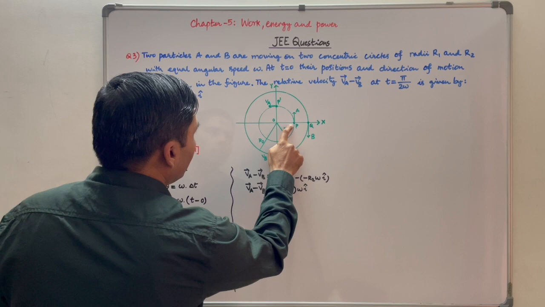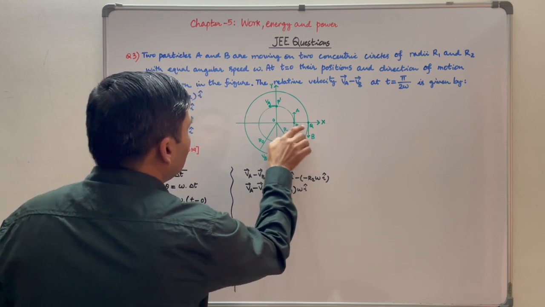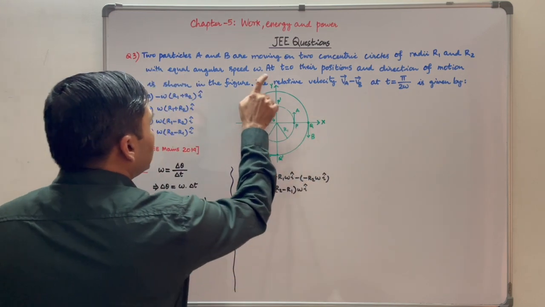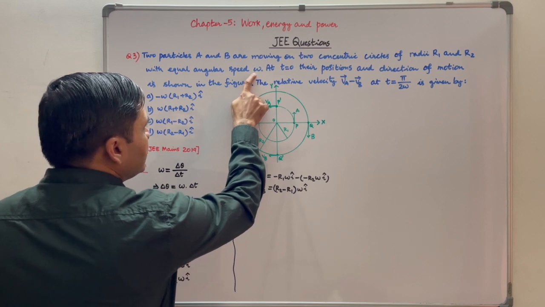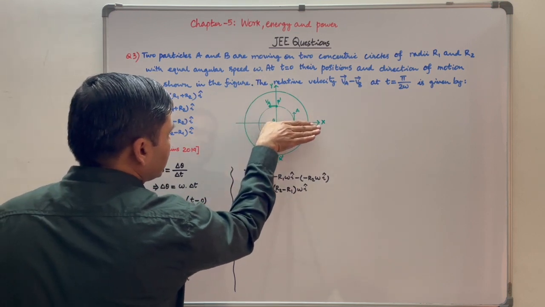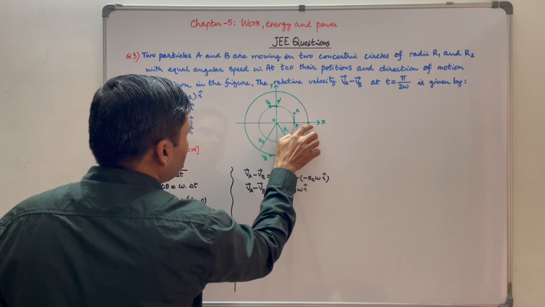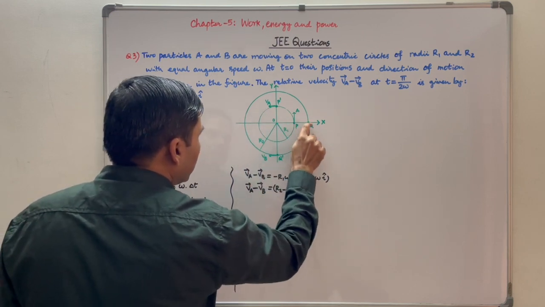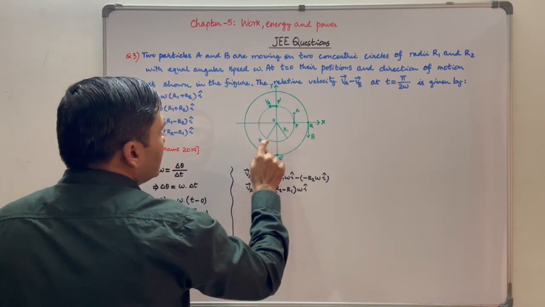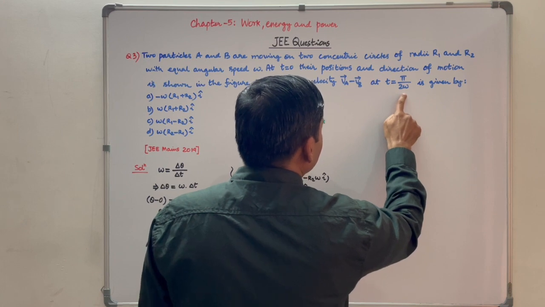At t equal to 0, the first particle is at P and the second particle is at Q. Both are on the x-axis. Their angular speed is the same. That means at any time t, they will make the same angle with the positive x-axis. The magnitude of the angle will be the same, but the sign will be opposite as the particles are moving in opposite directions. The first particle is moving anti-clockwise and the second particle is moving clockwise. We will figure out at t equal to pi by 2 omega the angle they will make with the